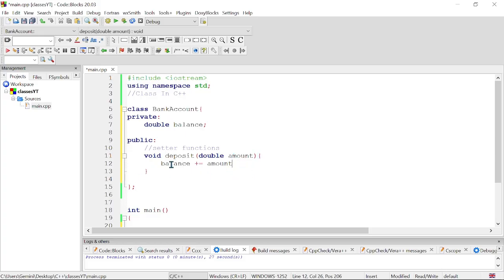So this is just going to modify the value we have in our balance. It's going to add whatever amount the user sets whenever they call our deposit function, right? Then we can also have another setter function that is going to help us withdraw some amount of money from